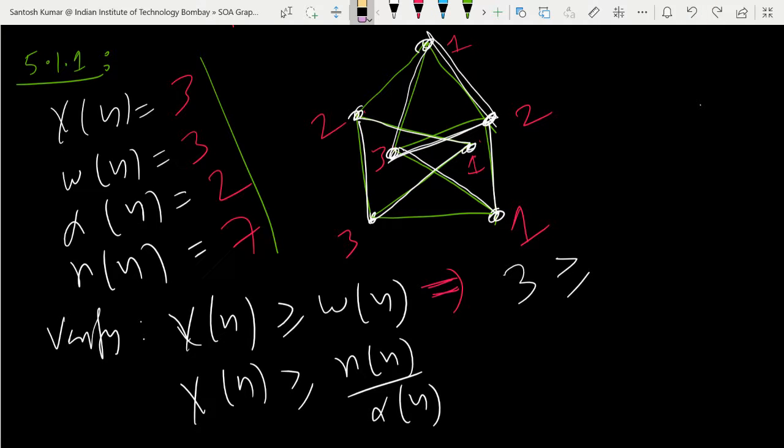Okay, first let's discuss this case, then I will modify the graph. So chromatic number is 3 for this graph. For the clique number, a triangle is a subgraph, and K4 cannot be a subgraph. That's why it is 3. Now alpha G is the maximum independent set. Say the vertices are A, B, C, D, E, F, and G.